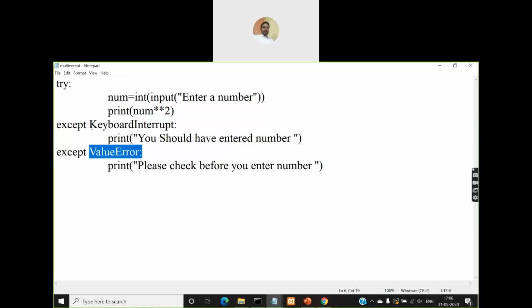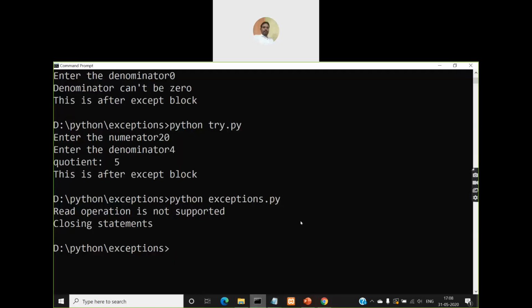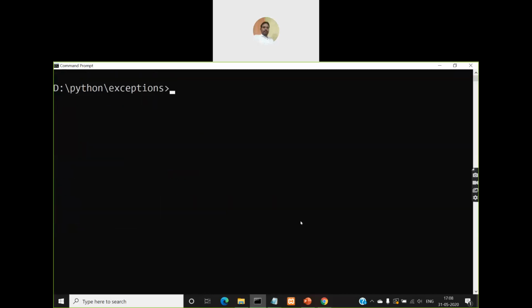And if your keyboard input is interrupted, that means when you're giving some input, your keyboard is interrupted and you didn't give any input because of that, then this keyboard interrupt except block will be executed and it will print 'you should have entered number'. So let me show you by executing this program how the output will be.